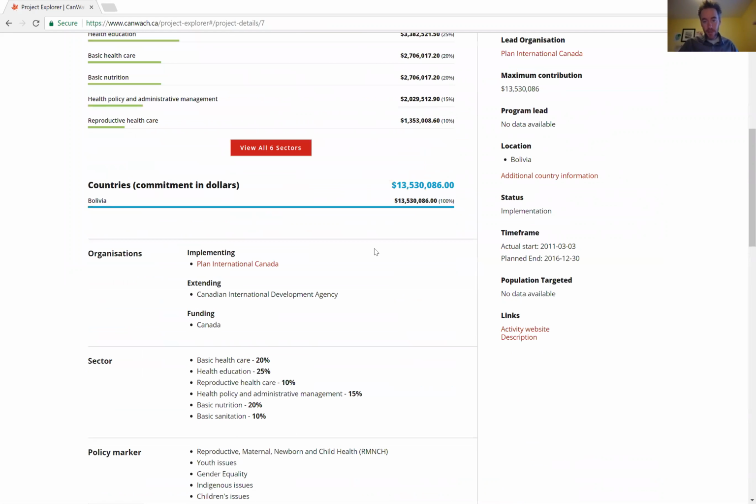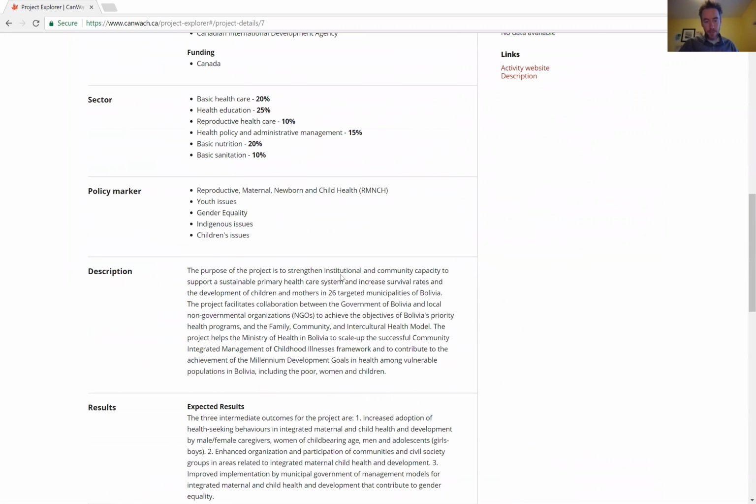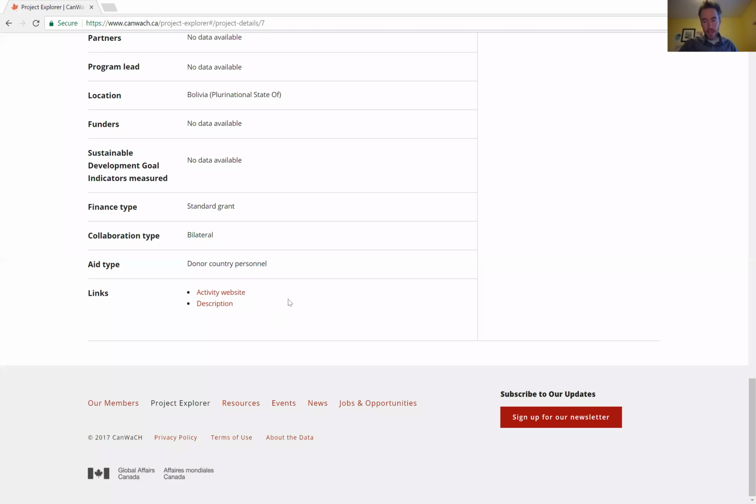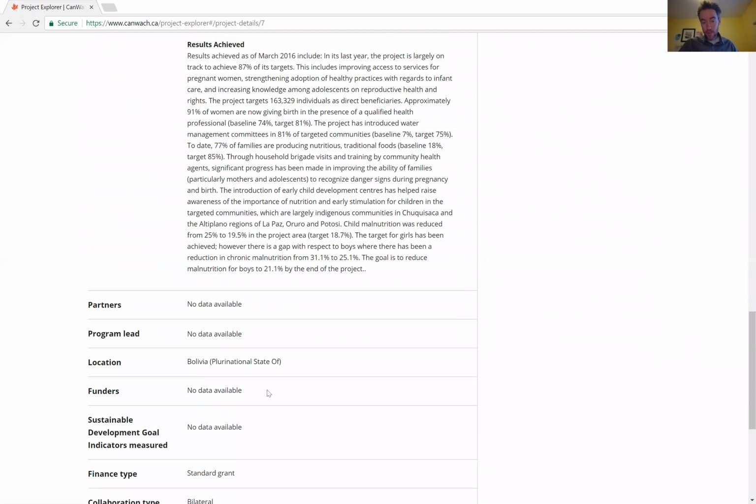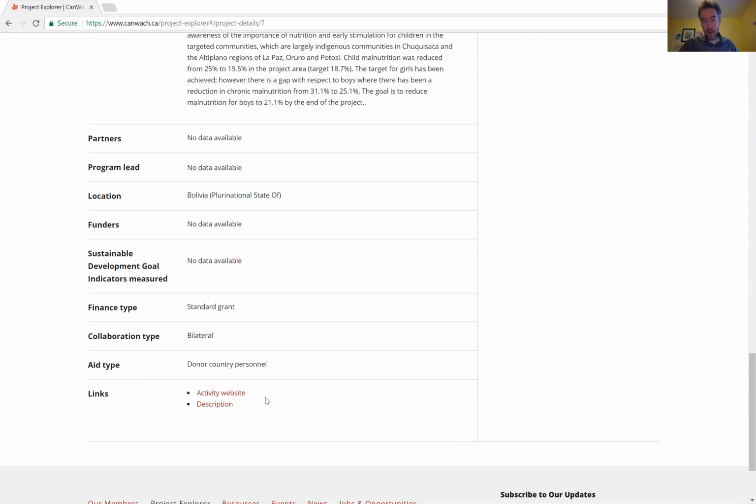And you can see there's all sorts of different information available about this specific project, as well as some links to additional information. And the links is one piece, for example, that is editable on the back end by the member by logging in. Similarly, sustainable development goals that are related to this project could be entered in on the back end. If there's local in-country partners, for example, or if you want to provide information about who is leading that project so that they could be contacted directly.